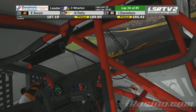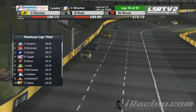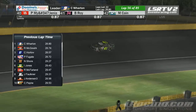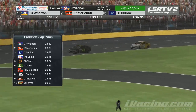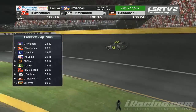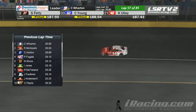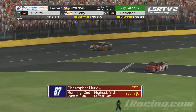Now that last lap by, Herlo was about a 10th quicker than Corey, and that's a feat considering how much damage is on the front end of that 87 machine. Like I said, it's going to be interesting to see. He's certainly reeling him in, but I think he's just going to run out of time. 30 laps, and he's got 3.5 seconds to make up. Now see, the one thing with the 87, he certainly has the speed, but as you said, does he have the time? And is he going to have the tires by the time he gets there? That's going to be one of the big...